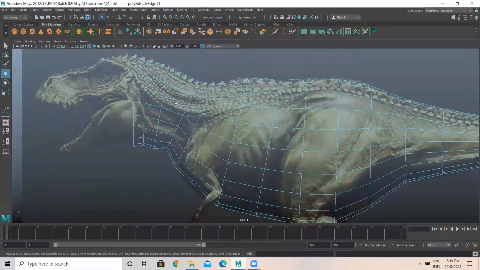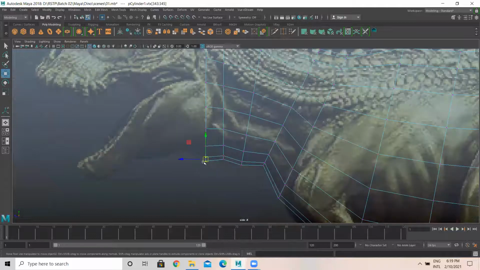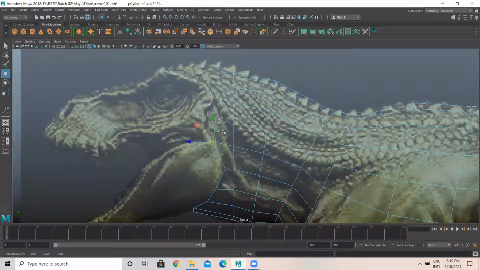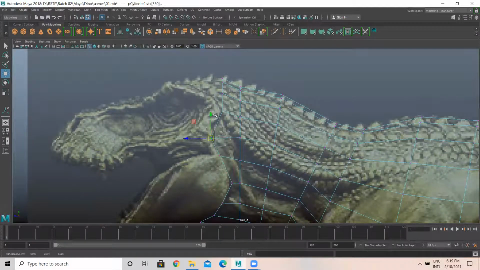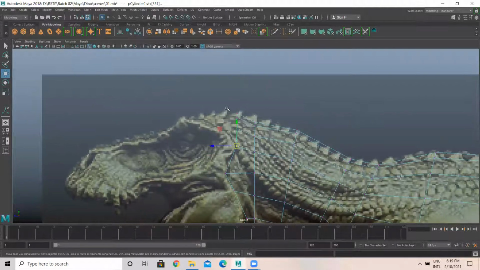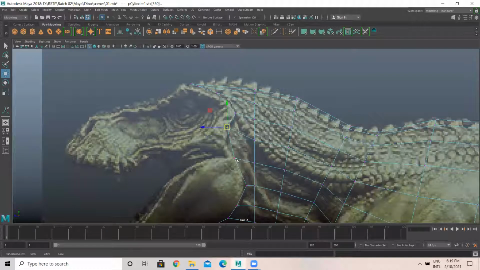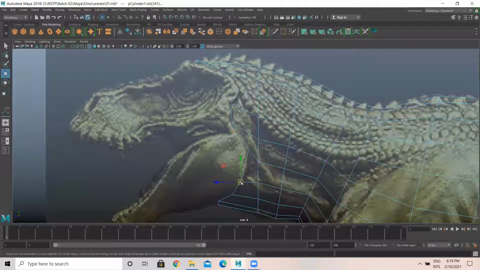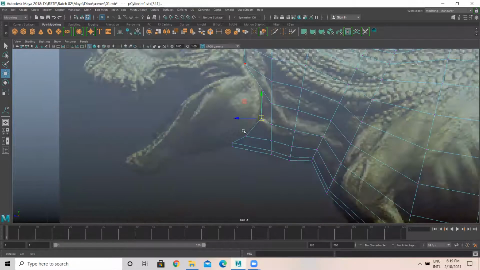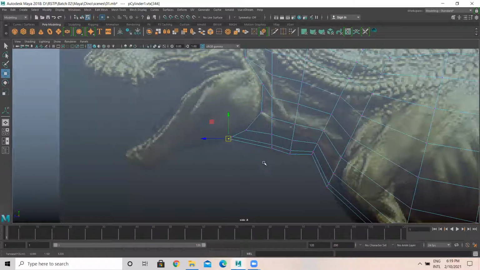So you can go to vertex mode here. Now just match this here. It should be like this. Okay, it's like this.